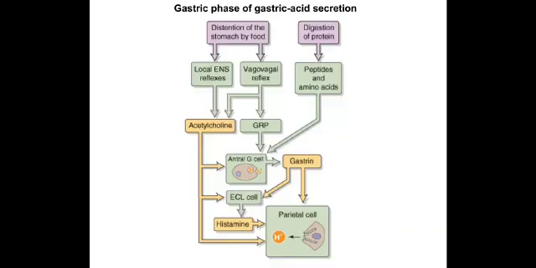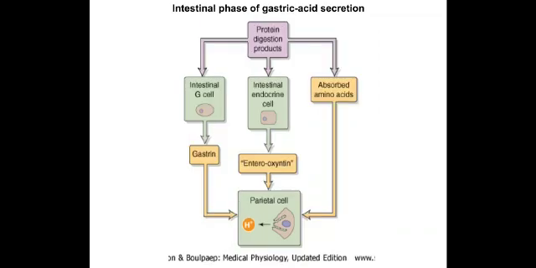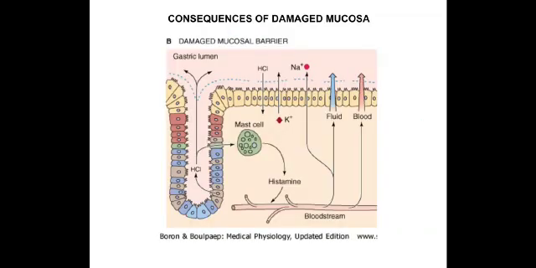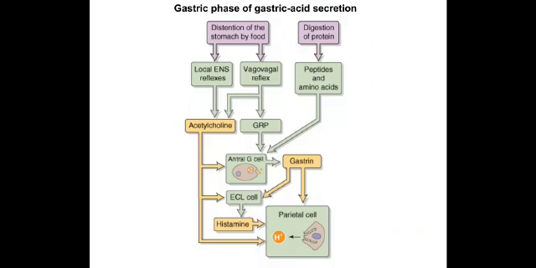Okay, so what are the different phases of gastric secretion? The secretion of gastric juice occurs continuously, though the volume of secretion is variable. It can be the cephalic phase, gastric phase, intestinal phase, or interdigestive phase. The cephalic phase is by the sight, smell, and thought of the food, whereas the gastric phase is